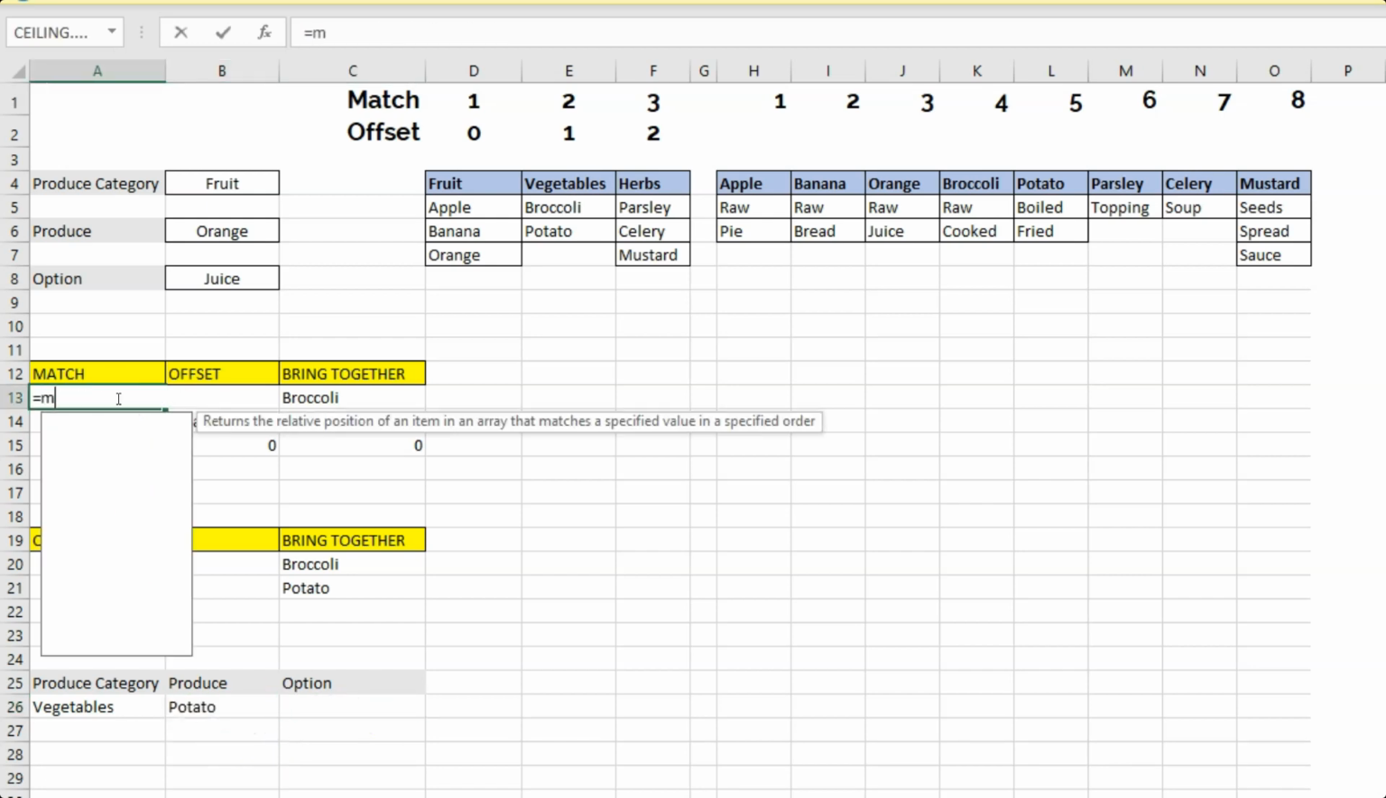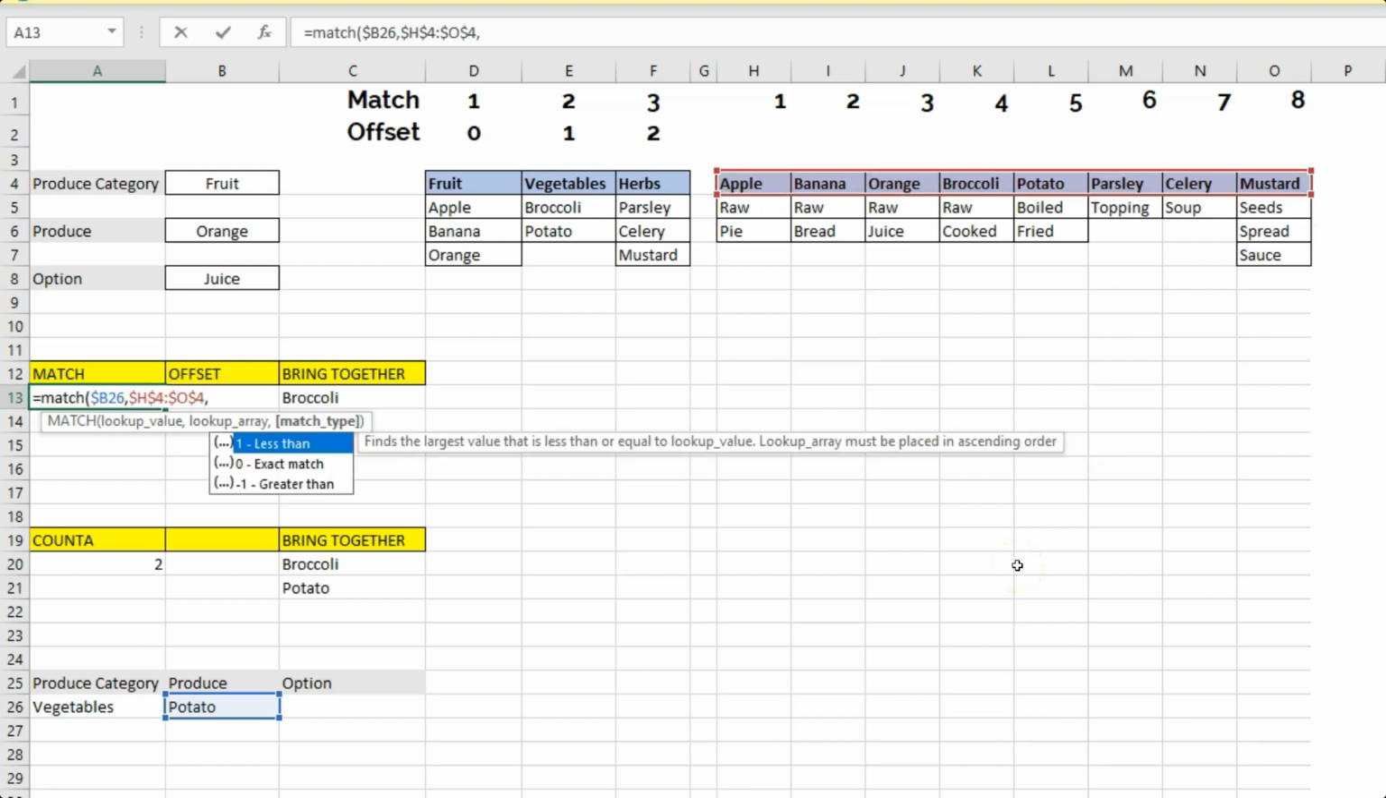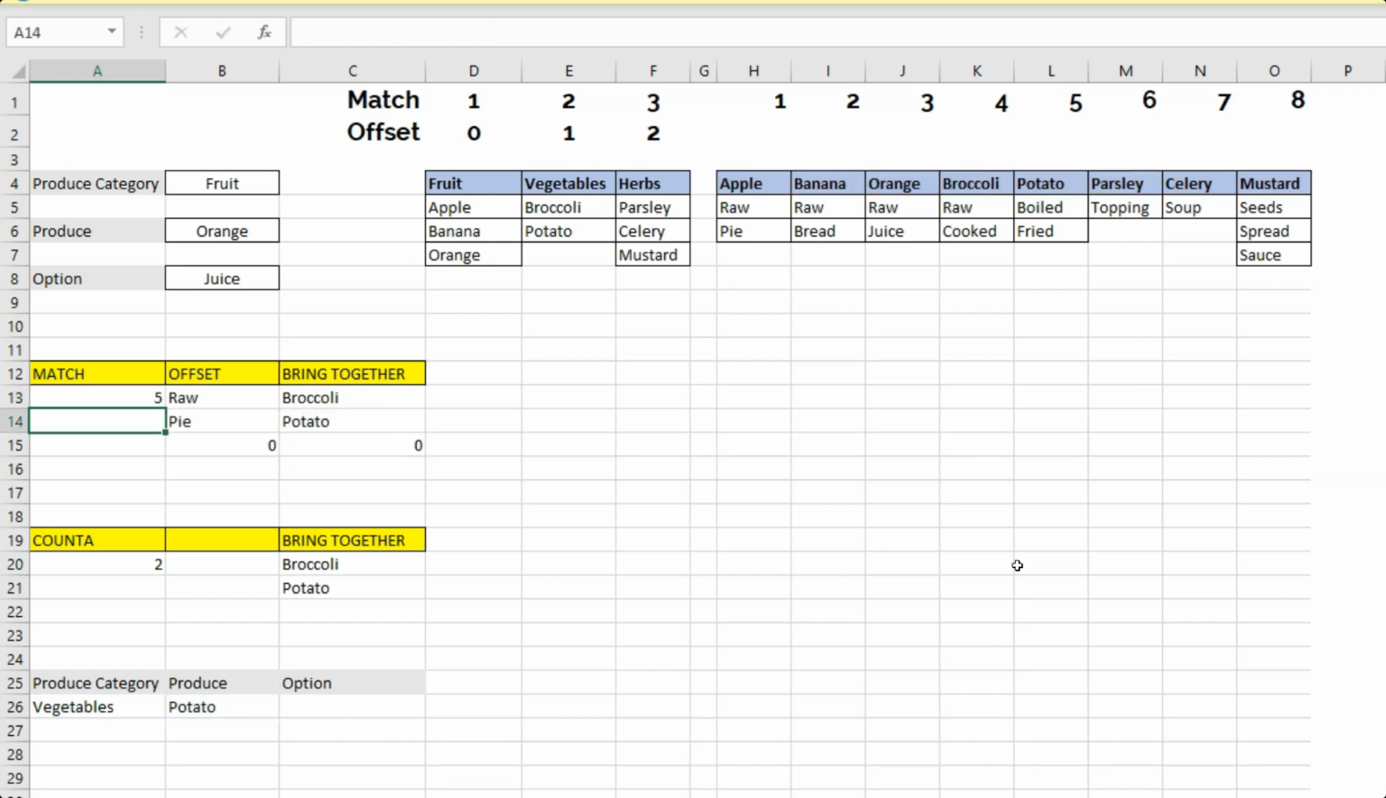Now in match will be again, match, parentheses, look for potato. That needs to be fixed in the column, not the row, comma, look in the array of the next subcategory, fix that, comma, it needs to be exact, 0, close parentheses, enter. Offset equal to offset, open parentheses, the reference point needs to start at apple, fix that, comma, our rows need to be one below, comma, the columns need to be based on what's in match, -1,